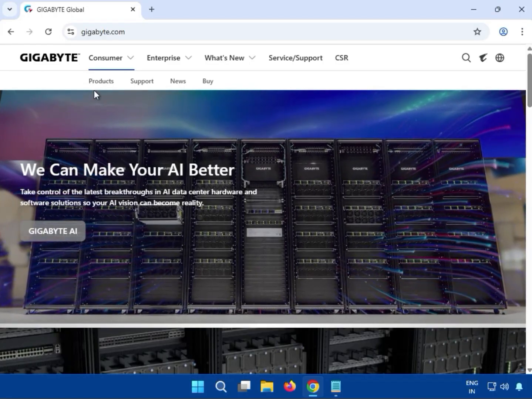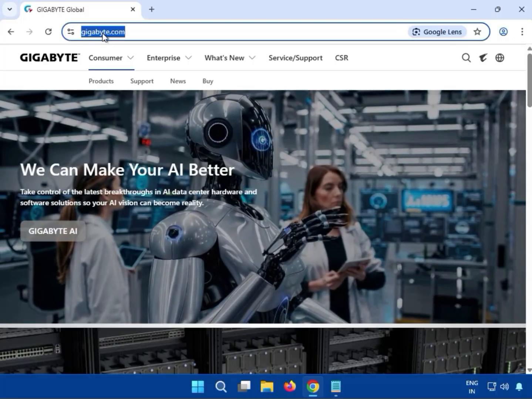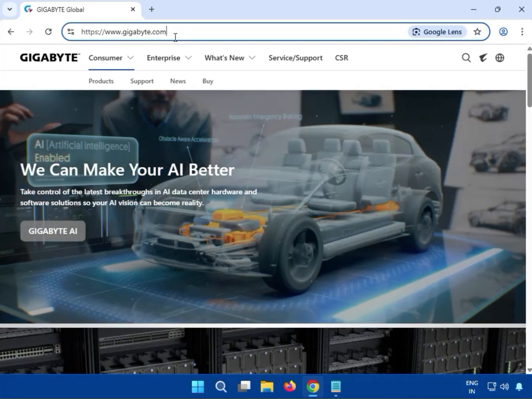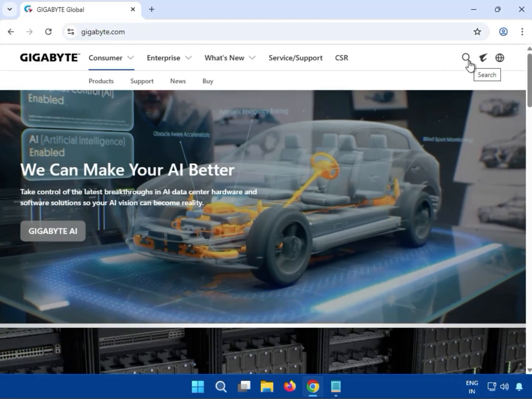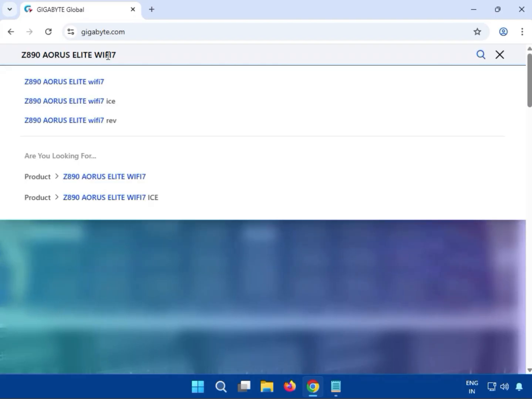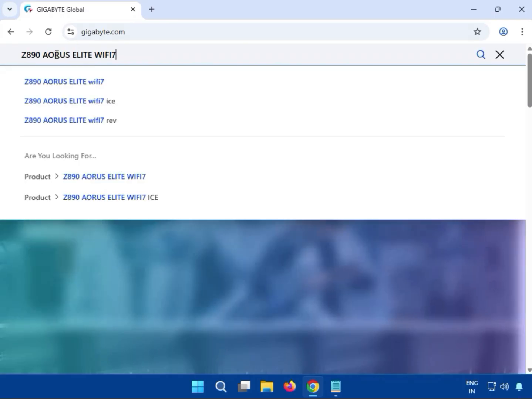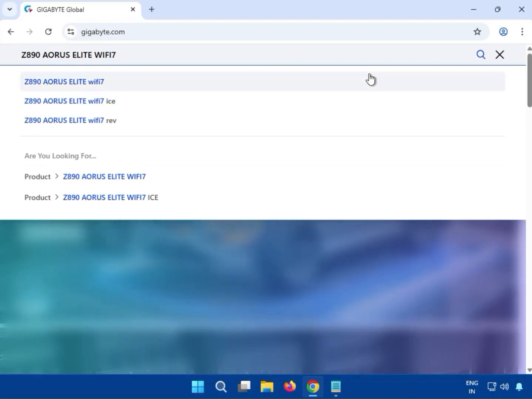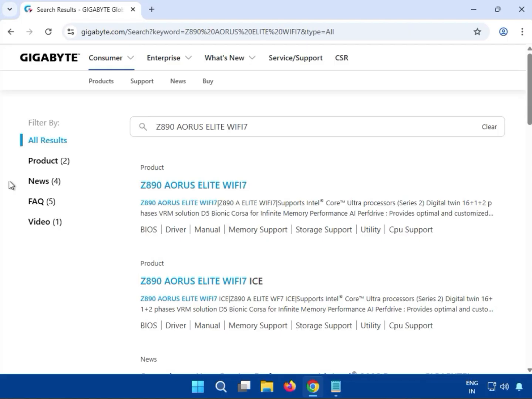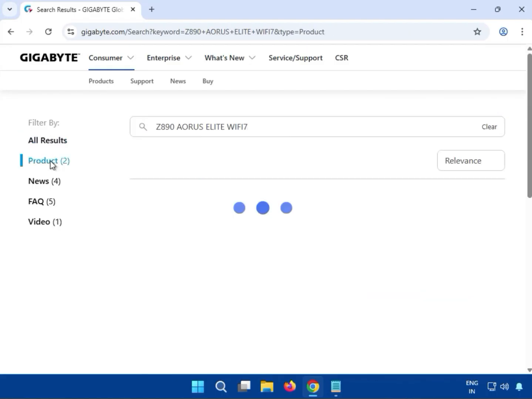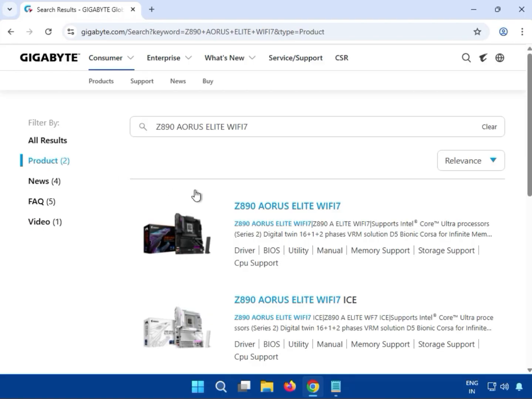So guys, first method, come to this website, which is www.gigabyte.com, the official website. Then you can see the search button here, click on it, and just type your model number. Then guys, hit enter. Then guys, click on product. Now click here,